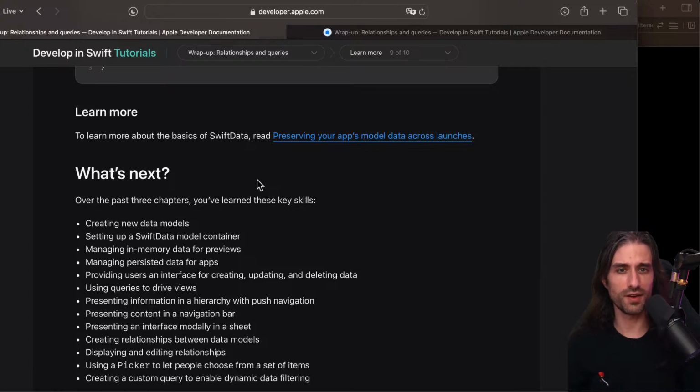And I think that's the end of this tutorial on learning the basics of Swift Data. So I really want to give a huge shout out to people at Apple that made this tutorial, because it was a really well made tutorial. We've learned the basics and we've covered them. We took our time, but we covered them in a way that we have a strong understanding of how Swift Data works, and it took us 4 hours, which I think is half a day of work, so it makes sense, and it's a good ratio, I would say.